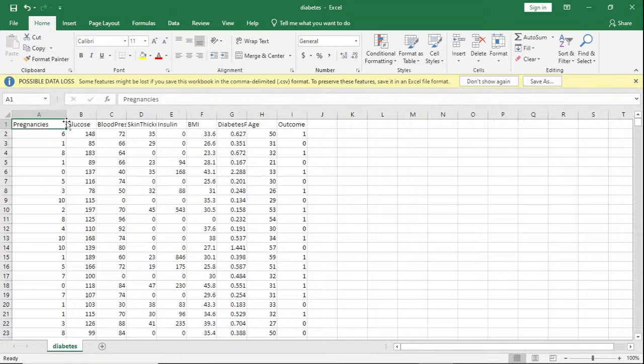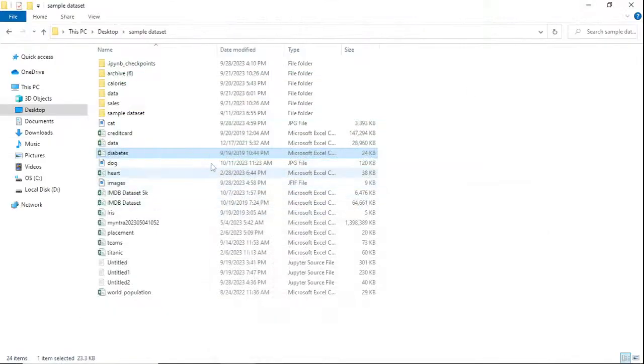A CSV file is called a comma separated value file. Yes, correct, comma separated value.